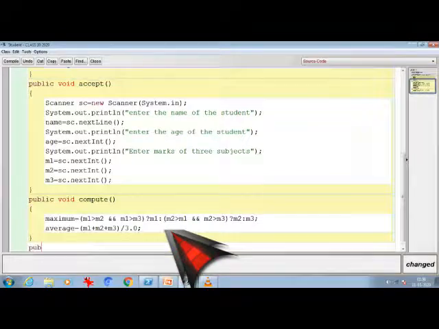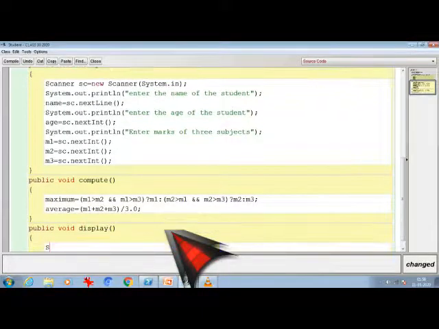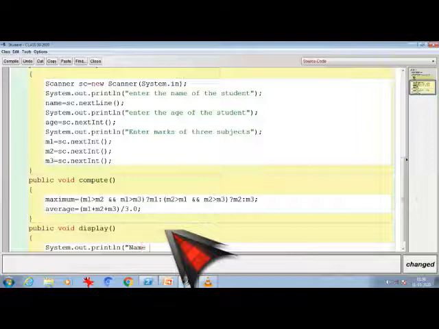Lastly, to display, public void display, and I'm going to display first all the headings, same as the format of the previous one: name \t, followed by the age, next \t with the marks 1 of the first subject \t, marks 2 of the second subject, marks 3 of the third subject.